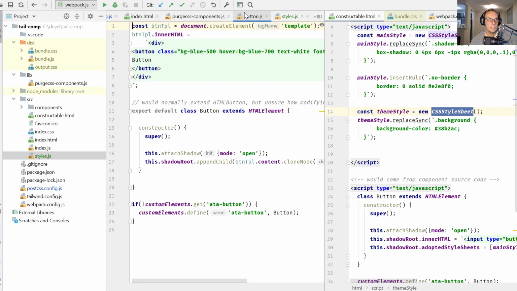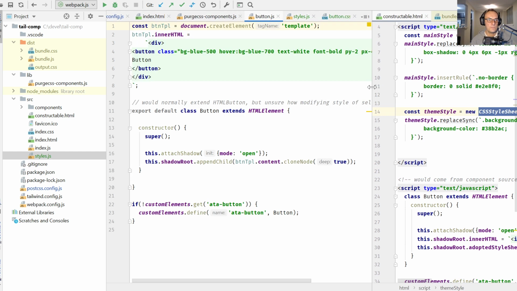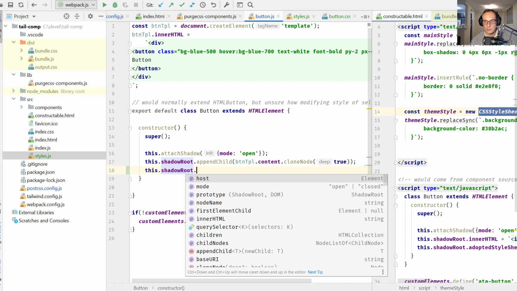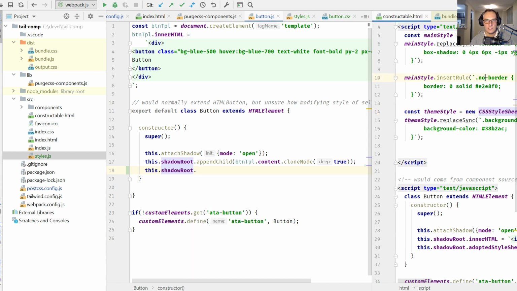Then when I go here, theoretically speaking, I could have this shadowRoot.adoptedStyleSheets, and it would be like styles